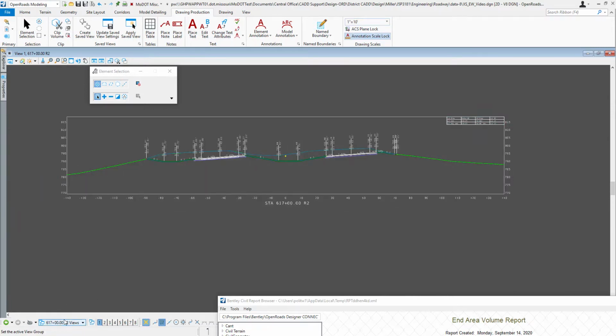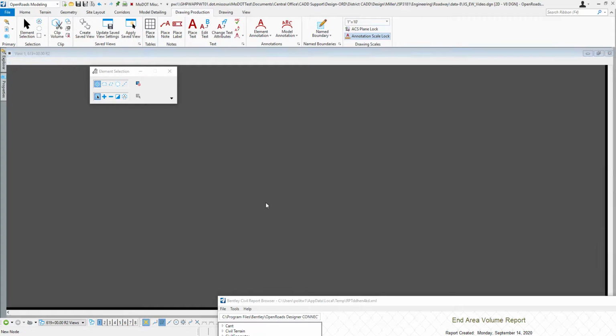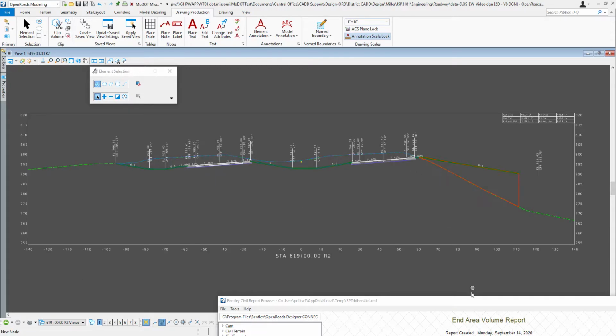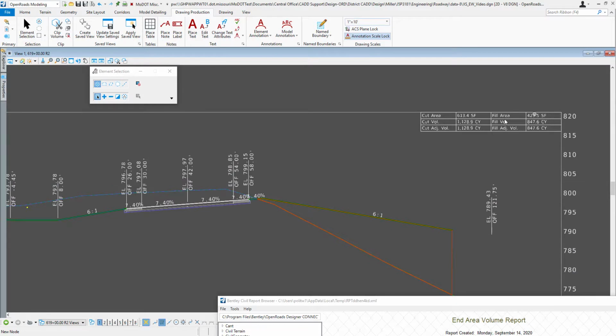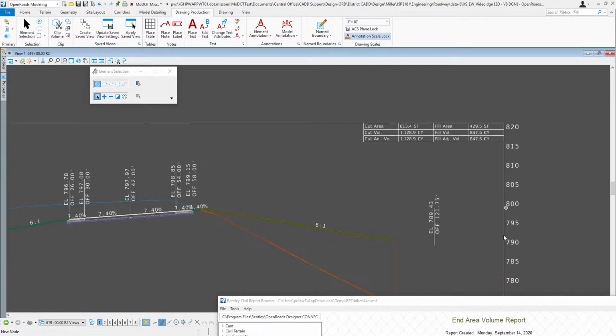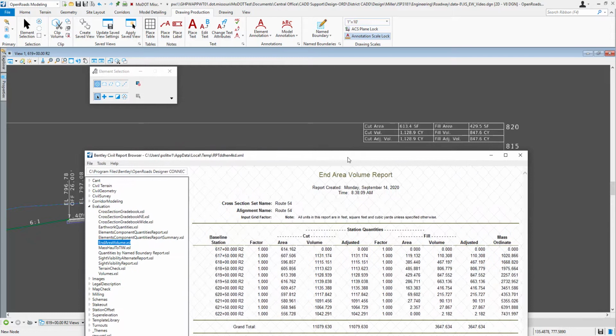Now let's go to one where we've got a little bit of fill to it. I think 618, 619 had some fill. Yeah, so we can come in here and we can say we're at 619. It's populated this earthwork box. So we're at 619. Our area for cut is 613, and it will round up. Our cut volume is 1128.9. And then we also have our fill out there for